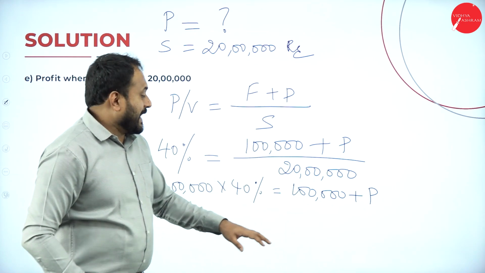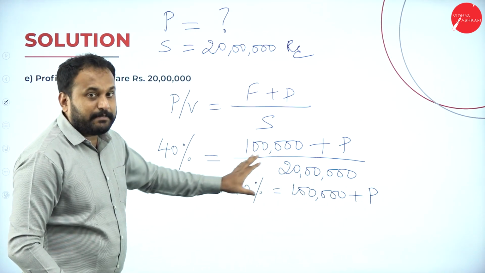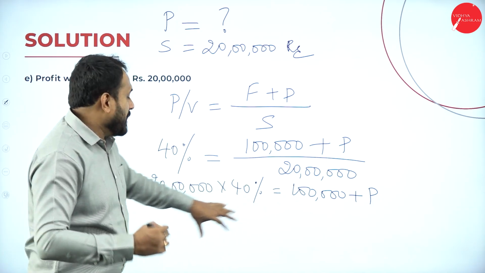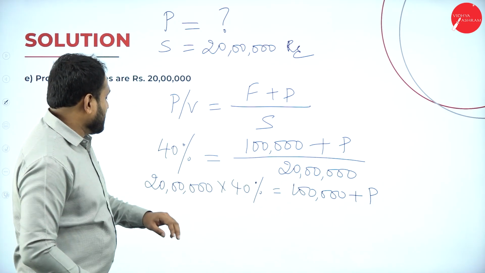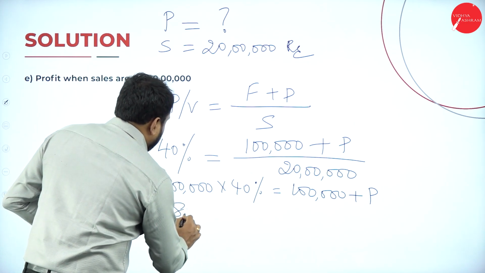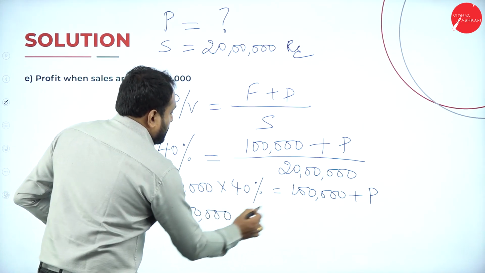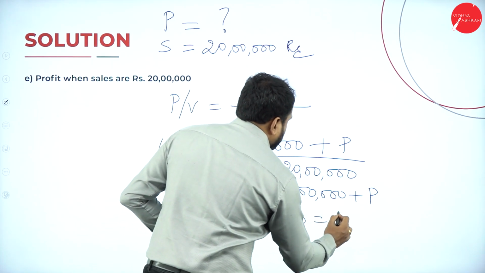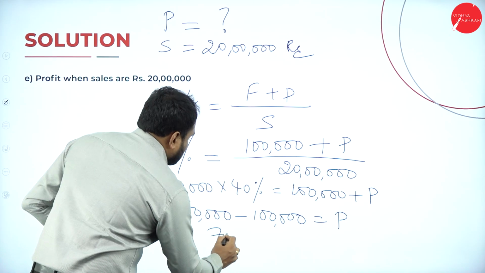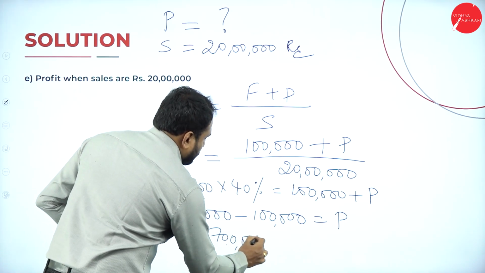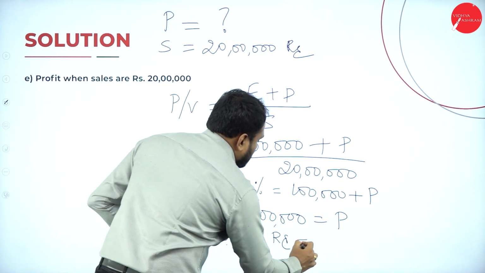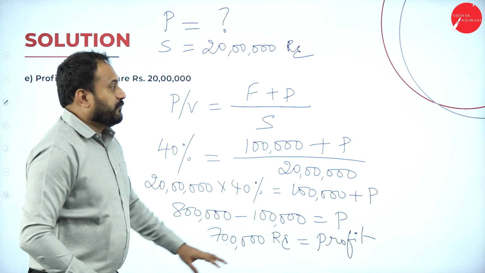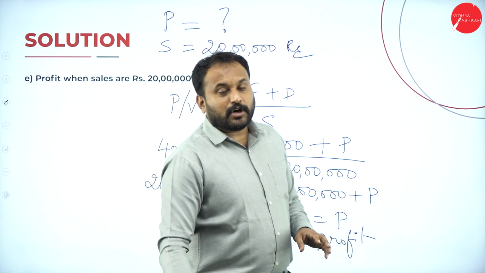See, now you can actually take this 1 lakh here only and write minus 1 lakh. But let me go with a step, that is what will give you more marks here. So 2 into 4 is 8, in the sense you get 8 lakh here. 1 lakh will come, minus 1 lakh is equal to profit. So it is 7 lakh. 7 lakh rupees is equal to profit. So we are done with the entire problem.